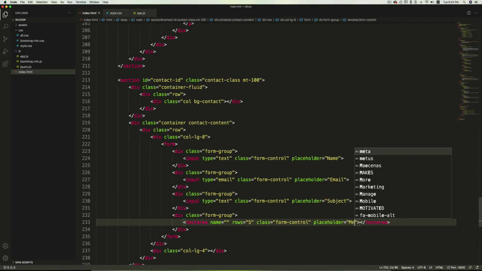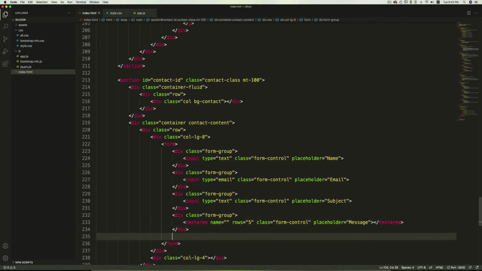This will be message. And finally I'm going to add the button. So button, I'll set the type to submit, and I'll style it. So class btn btn-primary, and for the content I'll write submit.